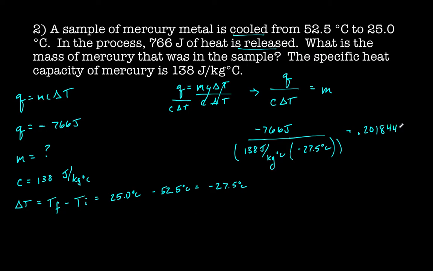0.2018445, and so on. With sig figs, again, I should have 3 sig figs from either my heat. My specific heat capacity is actually given, so I don't take sig figs there, but my change in temperature is also a measurement with 3 sig figs, so I need 3 sig figs in this problem. 2, 0, 1, draw my line. My 8 rounds up, so finally I have